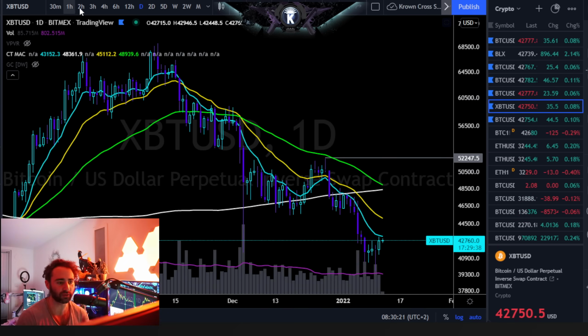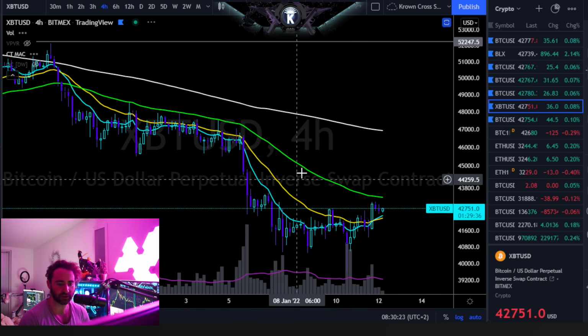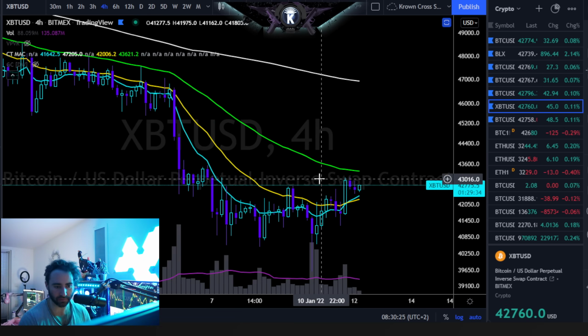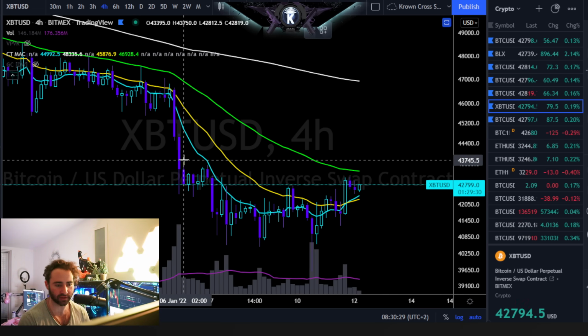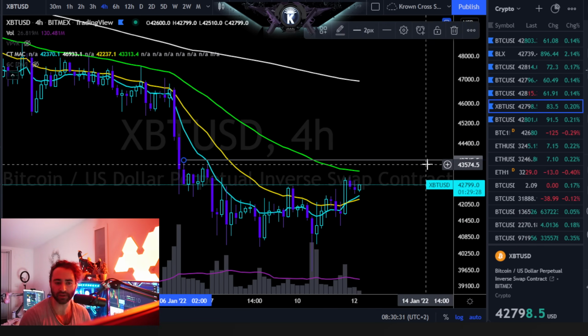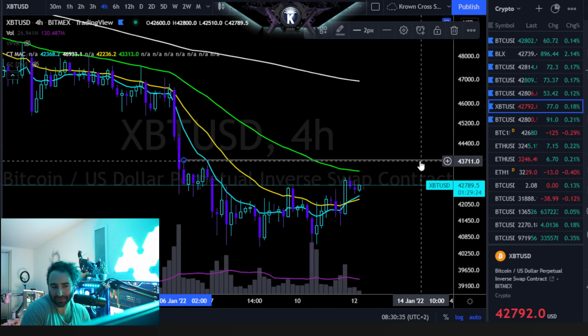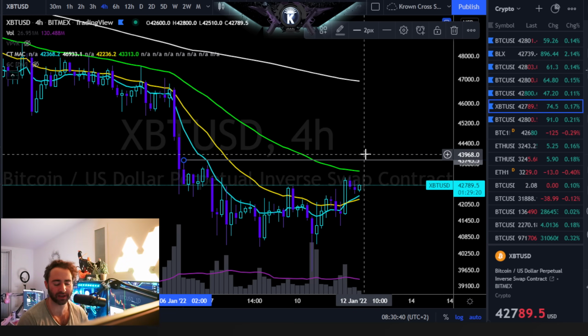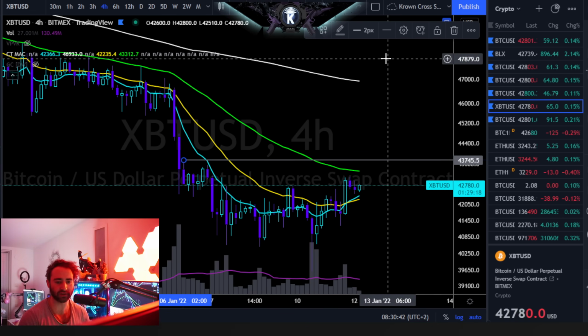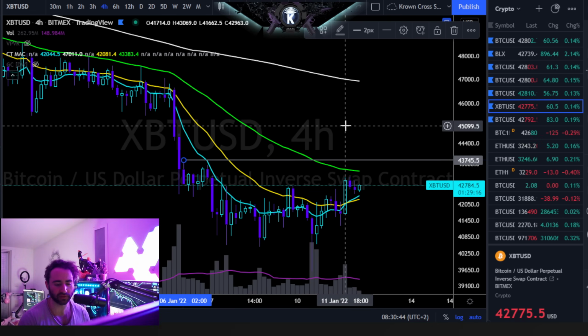But here's a thing as we go into the short-term time frames, as I do want to make sure that I chart this out, because it is once again relevant. And over here on the 4-hour, nothing's really changed as far as this analysis goes, but basically 43,750 is still the major area to be aware of. And as long as Bitcoin is below there, it is still more or less a short-term, medium-term time frame range-bound market. Do I think that we're going to bust on through to the upside and probably play out a move somewhere around 45 to 46,000 bucks?